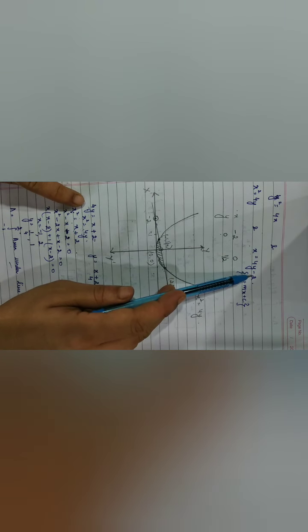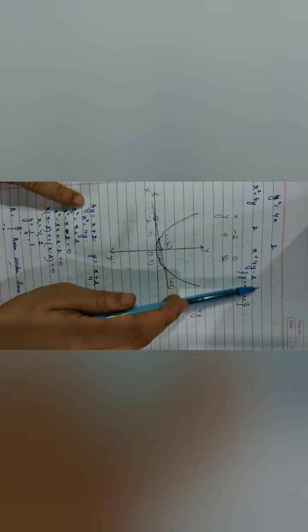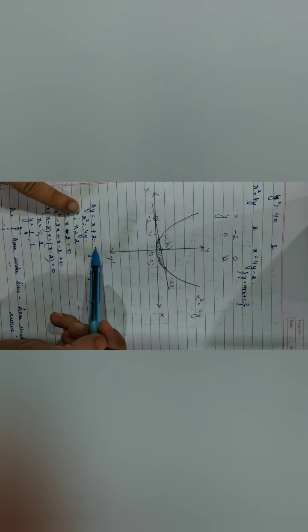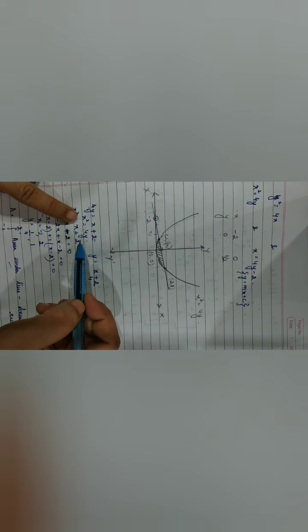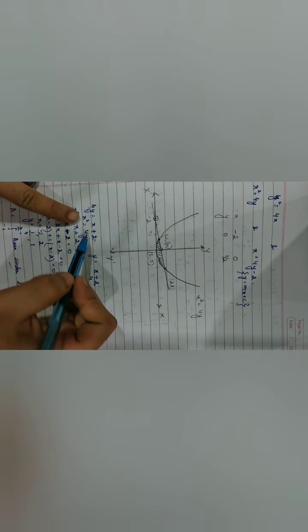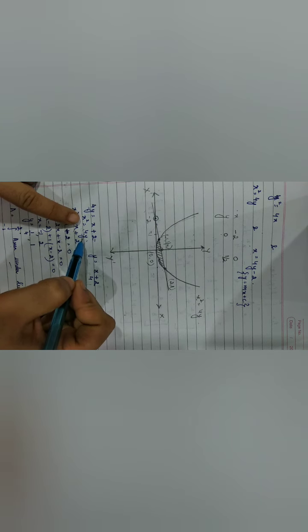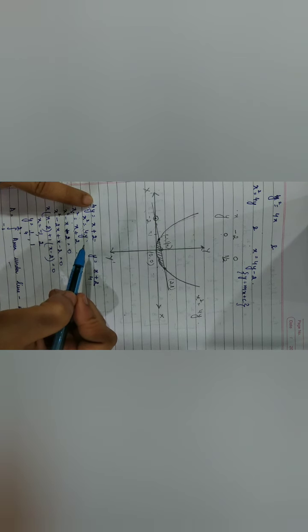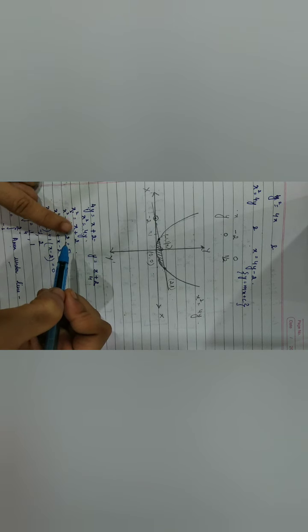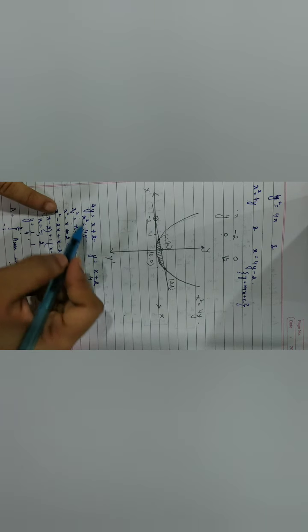And the parabola is x square is equal to 4y. Okay, now we already know that x square is equal to 4y. Instead of this 4y in the parabola, I can put the value from the equation of the line. So I have x square is equal to x plus 2. Taking all the terms on the left side and splitting the middle term, I get two values of x, that is minus 1 and 2.